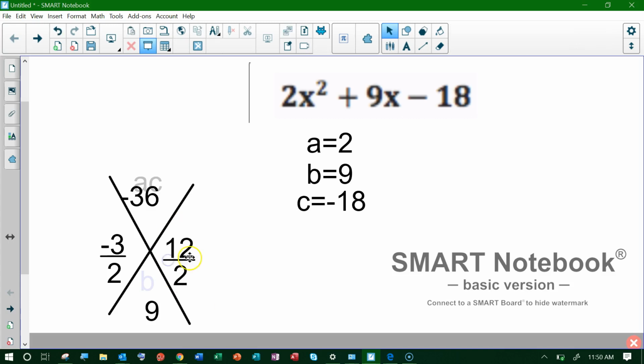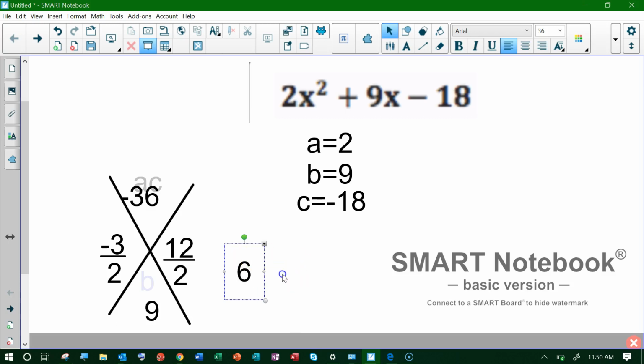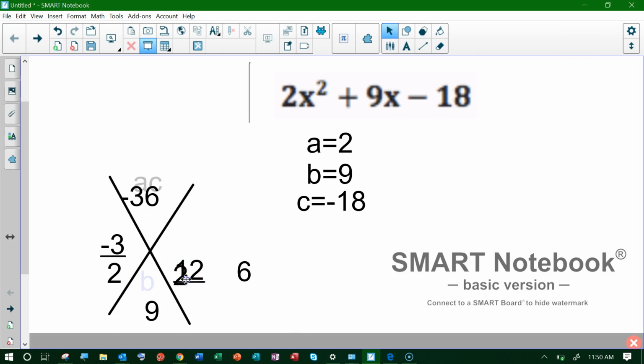This 12 divided by 2, I know that that's just gonna be 6. So one of my factors is gonna be 6. If it's 12 over 2, I can replace that and just take that completely out. And so I know that that's equal to 6. All right, and so one of my factors is going to be x plus 6,